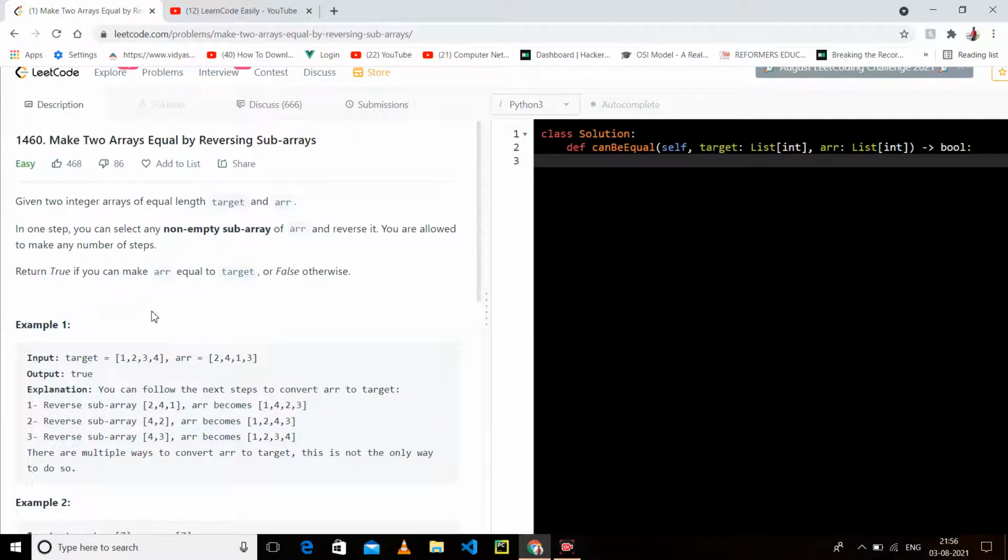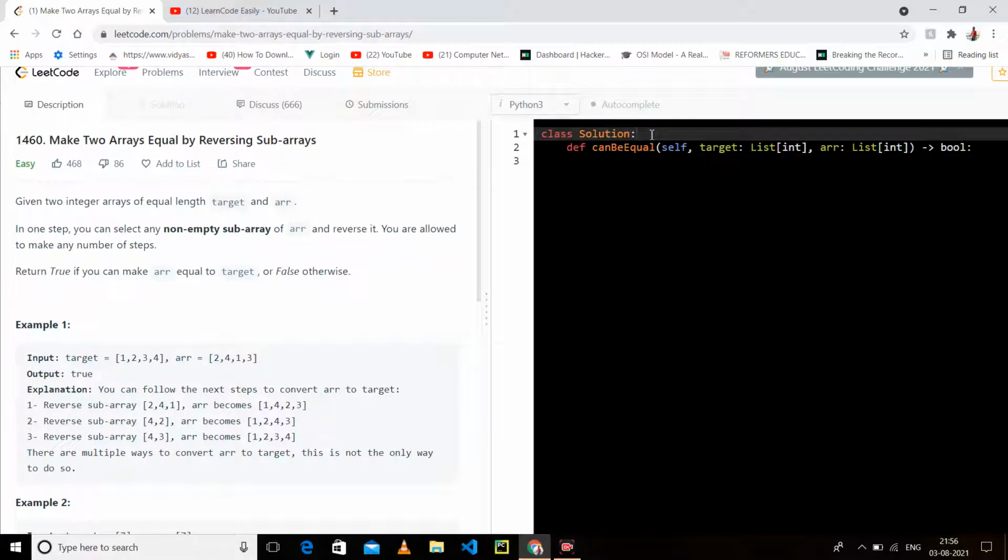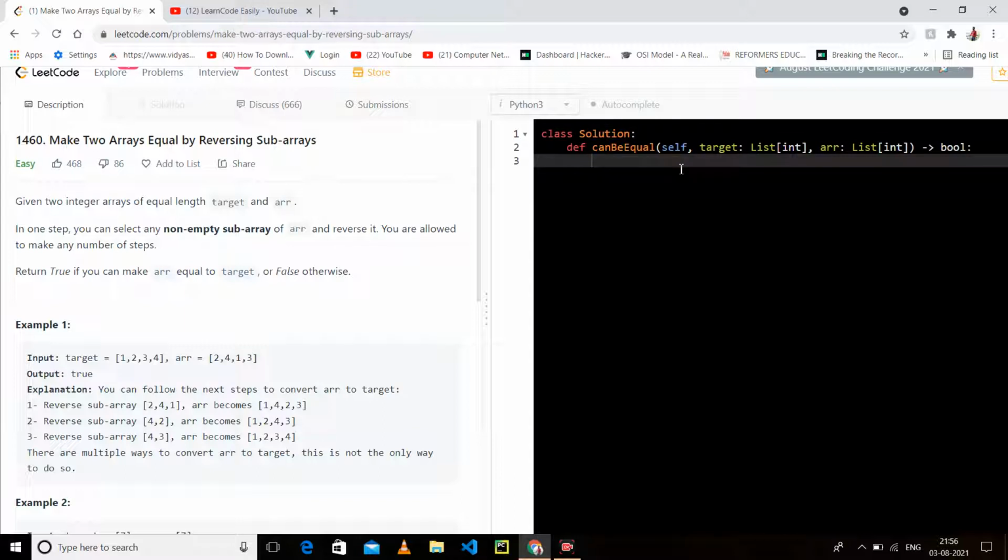So let's begin. So let's take a store array to store the elements.